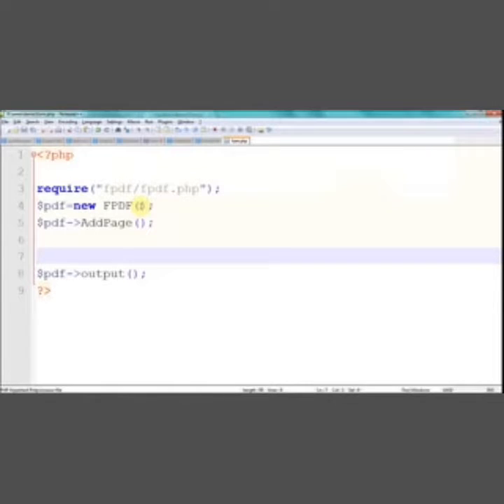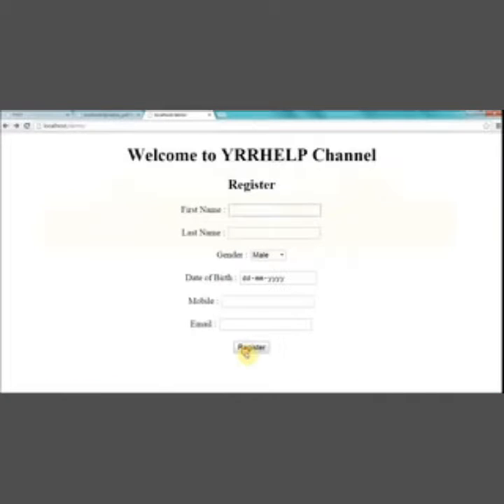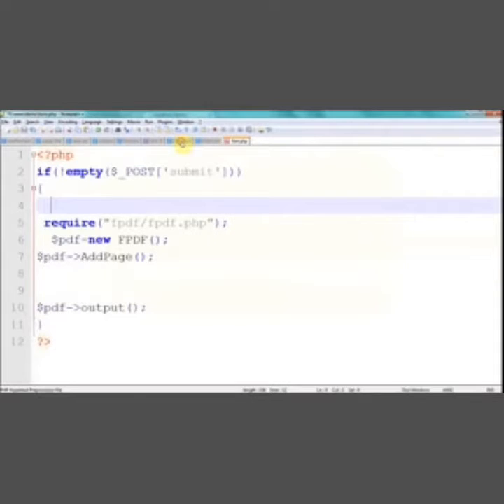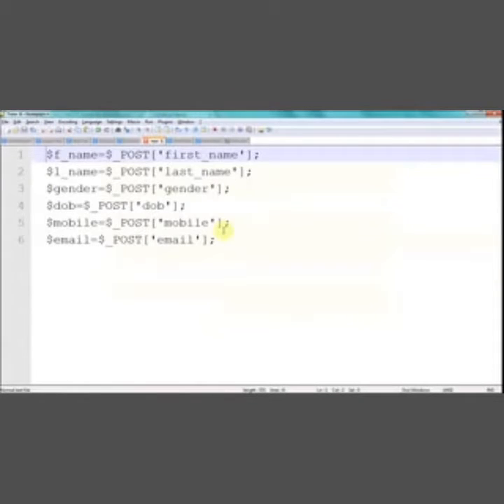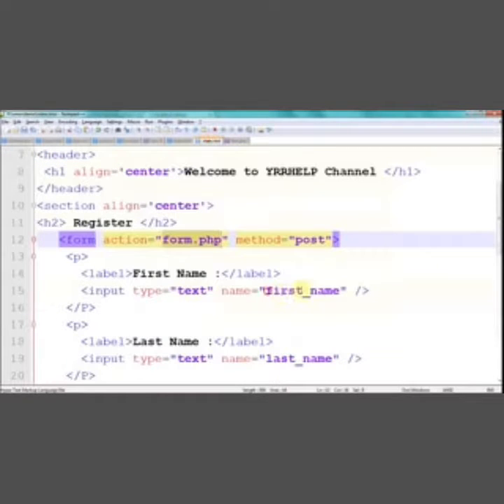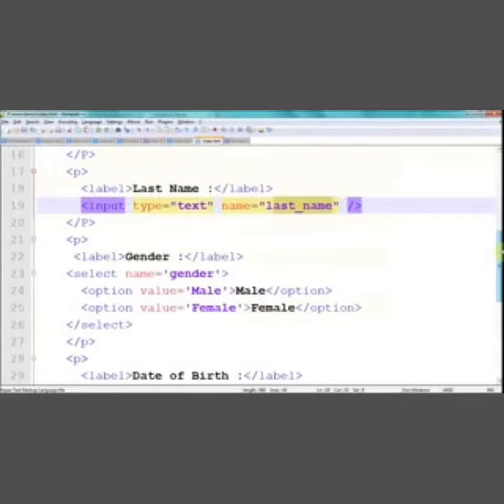The content should be generated dynamically, so whatever we have in this form should be generated dynamically. So first of all, I'm going to access those fields here. I'm going to copy something right here. This is just basic PHP stuff, so I don't want to waste my time typing all of this. So this is my first name field. If you notice here, my first name, all name is first name, and then last name, and then I also have